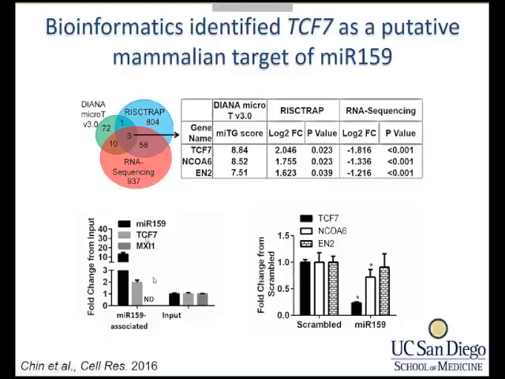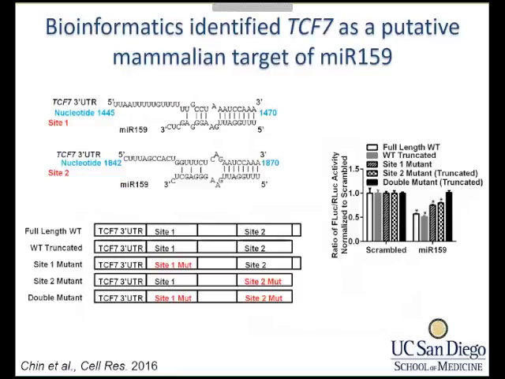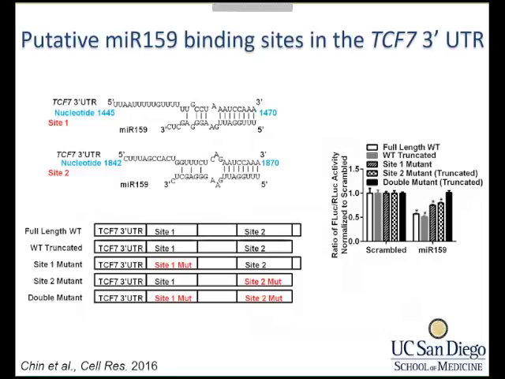I mean, the TCF7 mRNA is associated with miR-159, whereas a control mRNA is not detected in the precipitants. So from there, we hypothesized that plant miR-159 regulates TCF7 and thereby regulates the downstream pathways regulated by TCF7